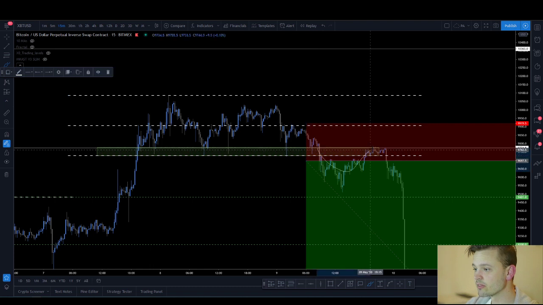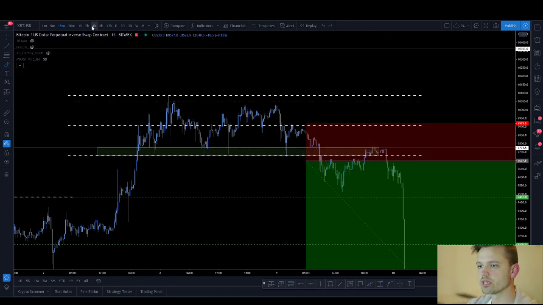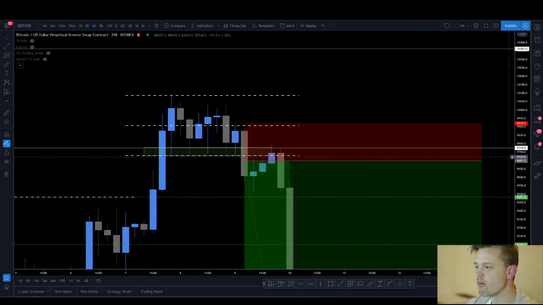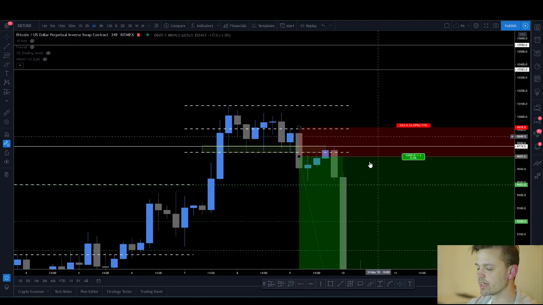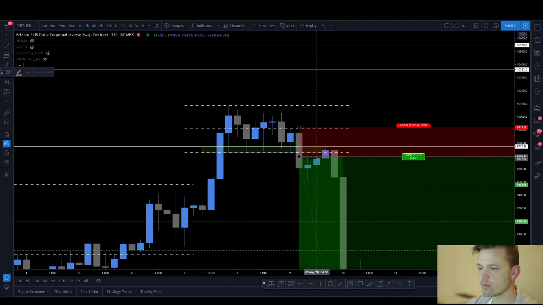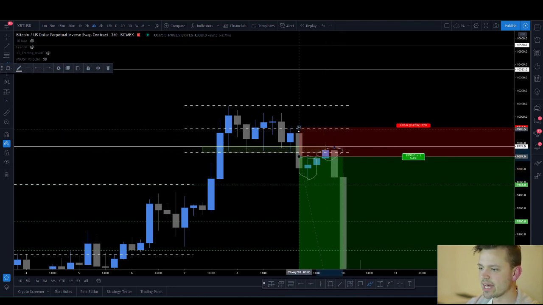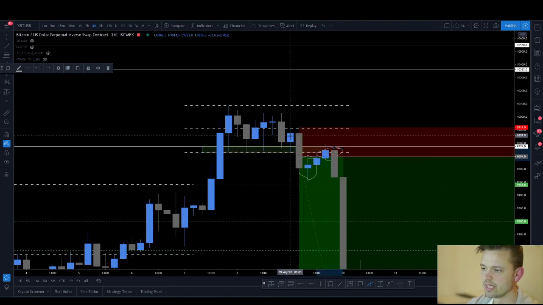So you had breakdown and the first retest, and I remember posting on Twitter that we wanted to see a 4-hour open and close below range low to activate the setup, right? That's what I was looking for. What did we get? Well, we got a 4-hour open and close below range low, and that activated the setup to go short here. And the stop loss is going to be above the thrust candle, which is the candle that broke the level that we are shorting, and also above the last